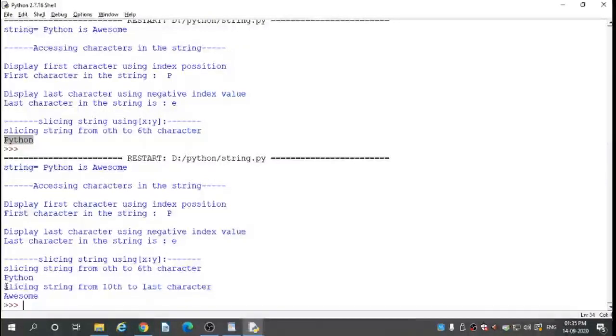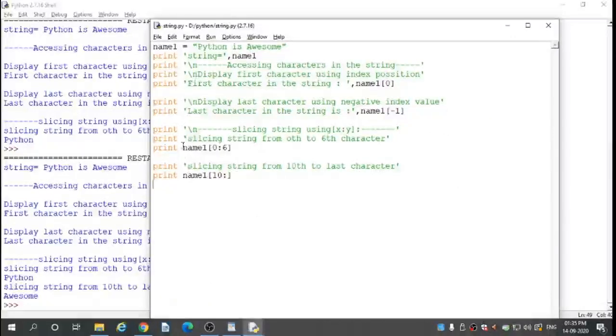So here slicing the string from the 10th to the last character, the output is awesome. P is the 0th character, Y is 1, T is 2nd, H is 3rd, O is 4th, N is 5th.